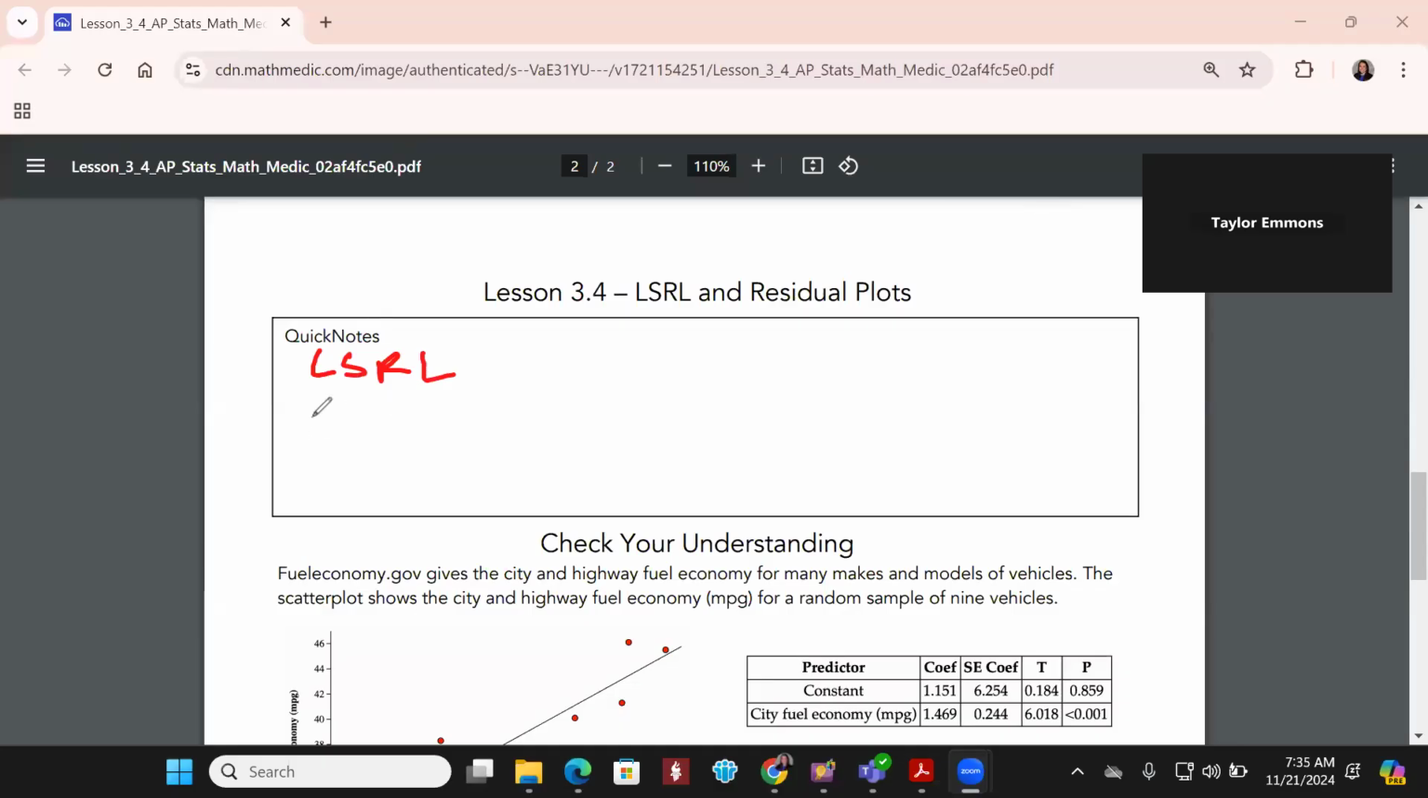All right. LSRL is the least square regression line. I'm not writing that again. And it minimizes the sum of the squared